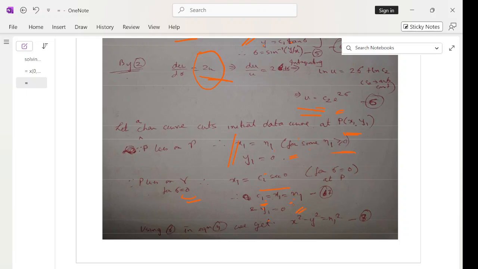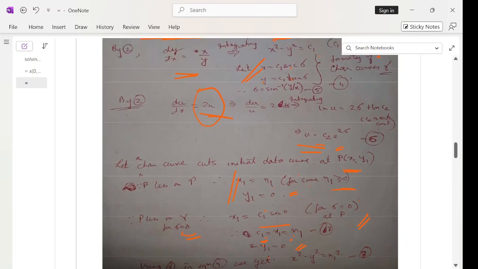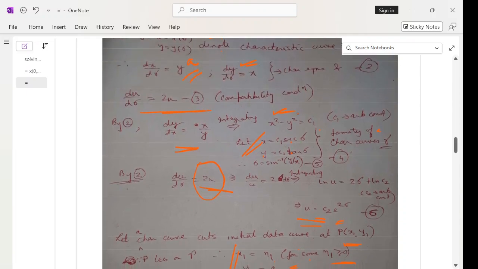Now one thing you note, just to take care of this when you are doing the sum: whenever we wrote x square minus y square equals to C1, we could have also written y square minus x square equals to C1. Okay, another thing, I made a mistake. It will be C1 square, not C1. If I take C1, then I should have taken root over C1. It's better to take C1 square. Okay,